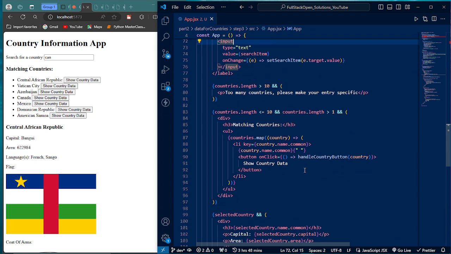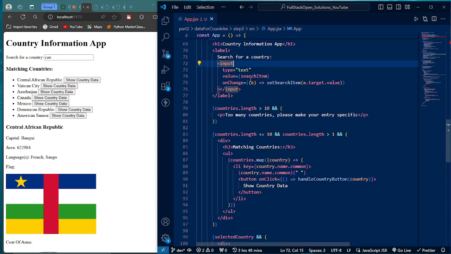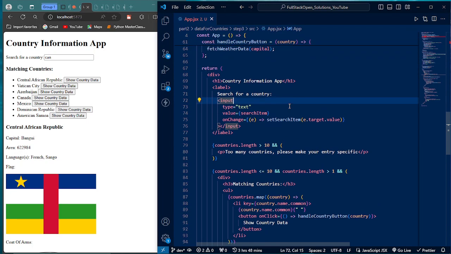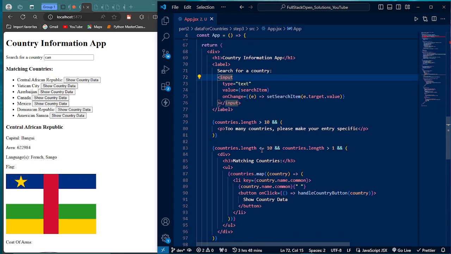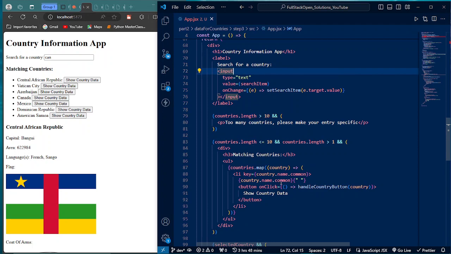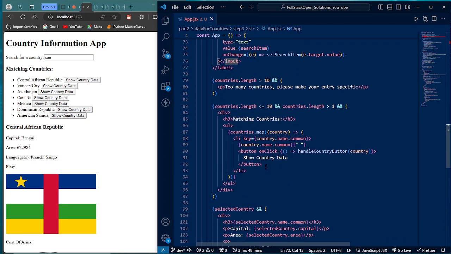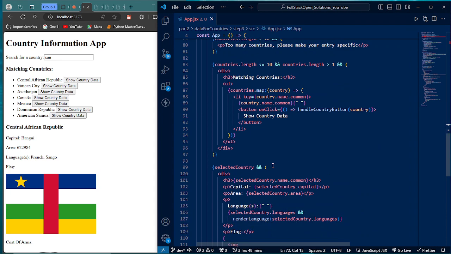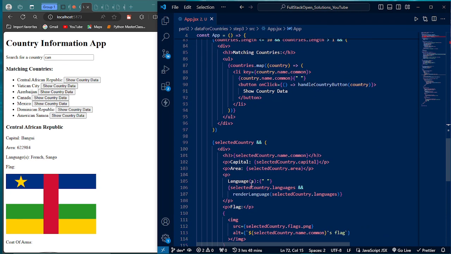Okay, so let's check this part here now. Next. So this is inside the return statement. I think this part is okay. This part seems to be okay also. This part seems to be okay as well. For the